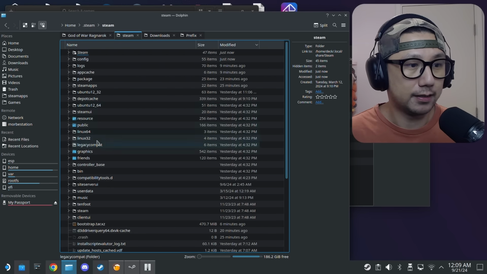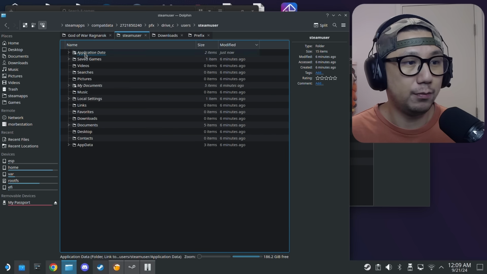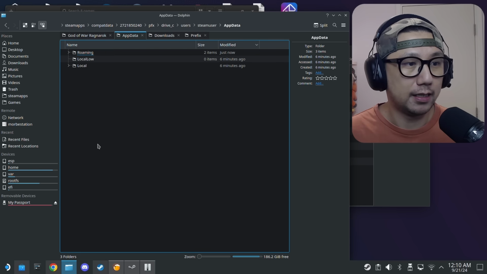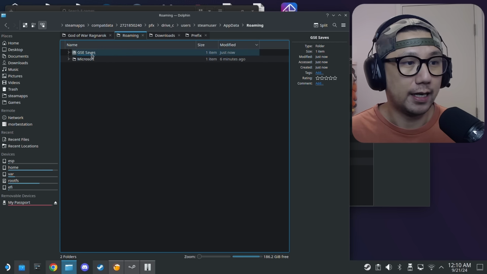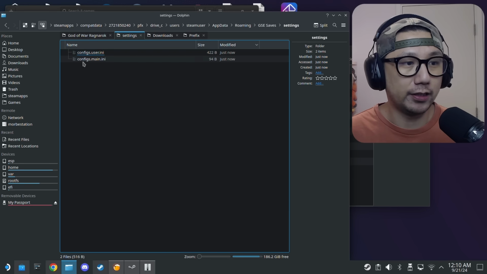And then compatdata. And then if you sort by modified, this is the folder that was created 6 minutes ago. So I'm pretty sure this is the game prefix folder that I want to go into. Go inside drive_c, users, steamuser, AppData, Roaming, and then see here, GSE saves, and then settings. Okay, so inside there's a